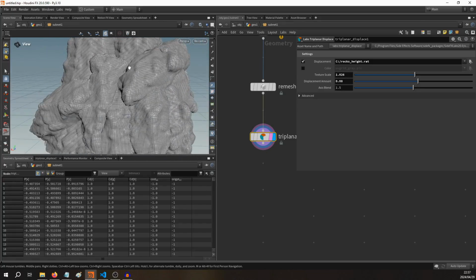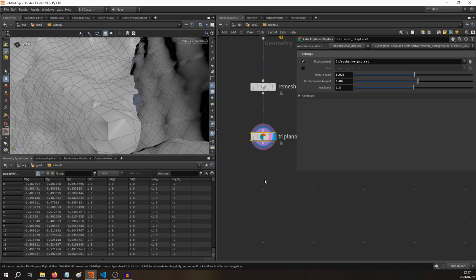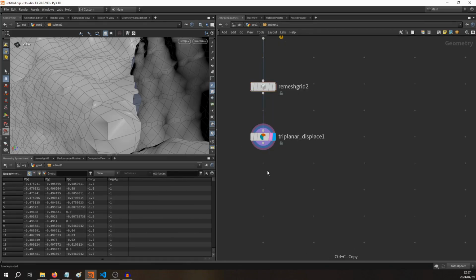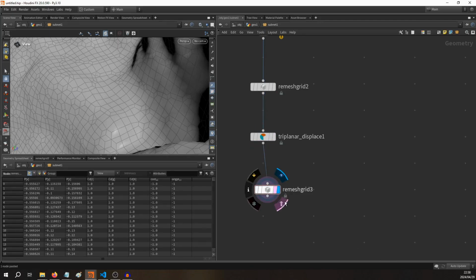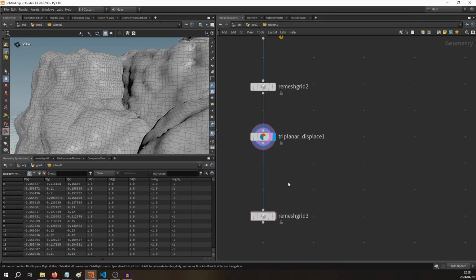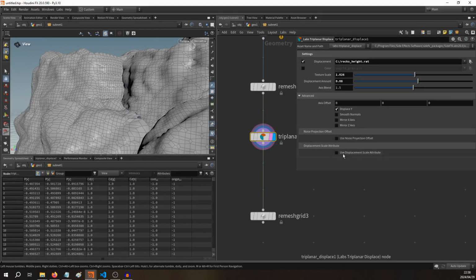This looks good to me, although there are a couple of issues here that we can work around. The easiest method is just adding another remesh to grid node right after, at the cost of performance. This will smooth out these sorts of issues. There's another thing that we can do, which is using curvature to drive the displacement scale attribute here in the